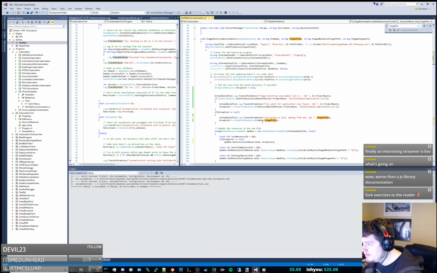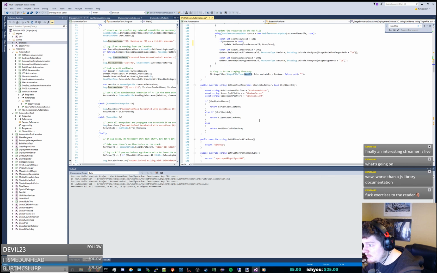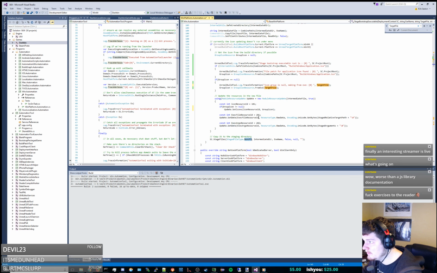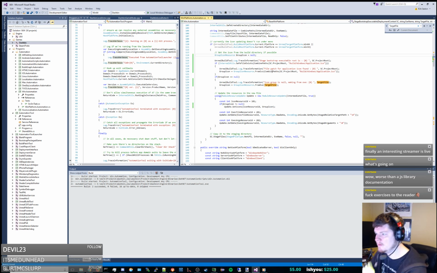Okay, so this is the bootstrap executable. So we're actually, like, the bootstrap executable is fine. The issue is the actual executable that we've got